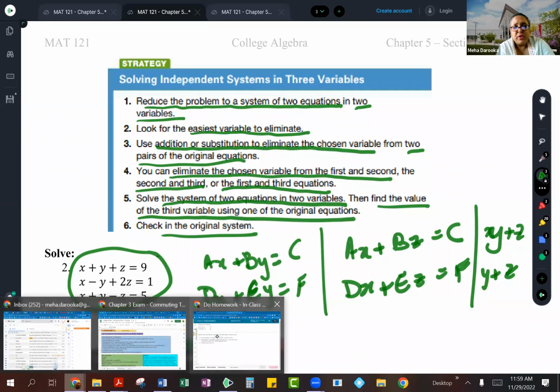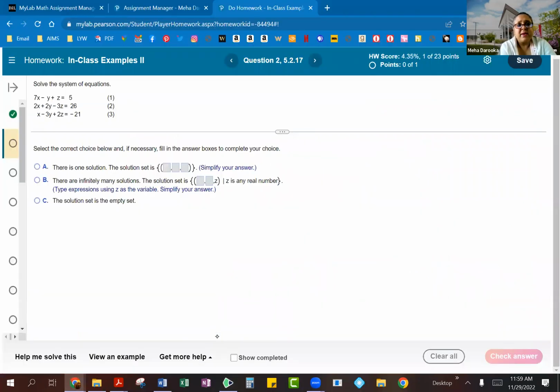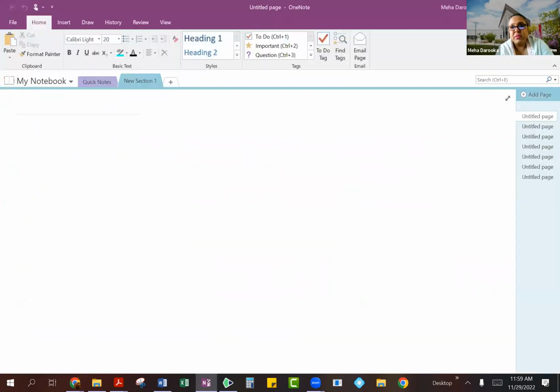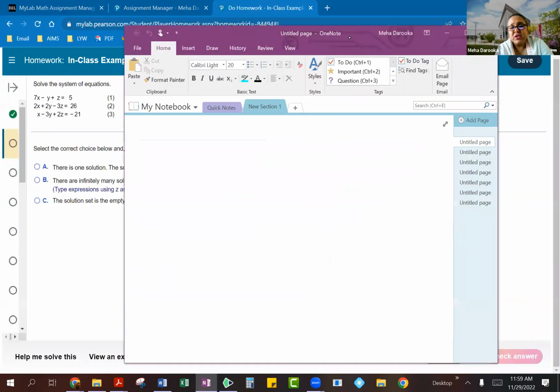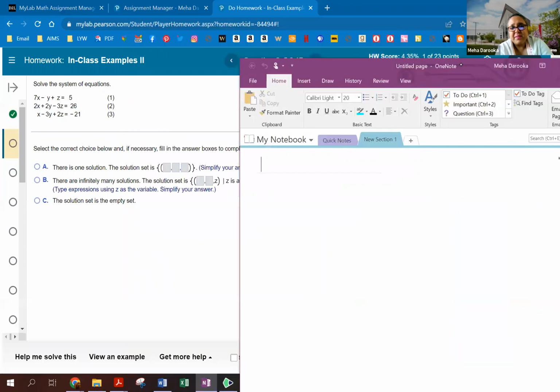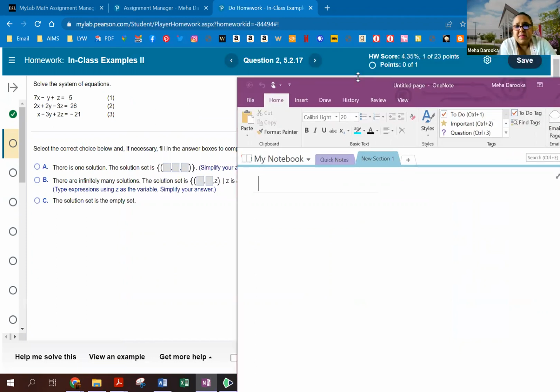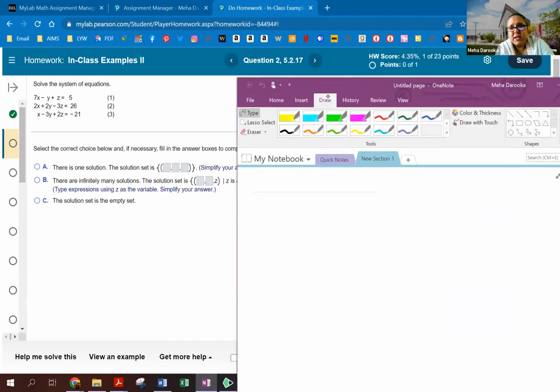So that's where we're going to use this example to help us out. And let's actually do this in our notebook because we'll need a little bit of space. So you guys may want to get a fresh piece of paper because this does take a little bit of calculation to work through. So we'll need some space for this. So let's take a look here. This is question number 2,